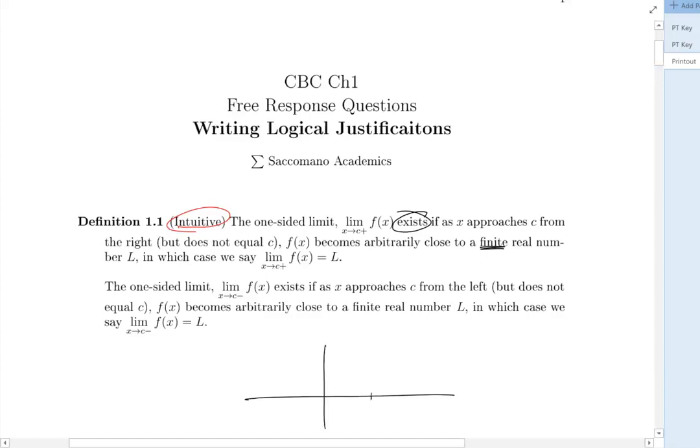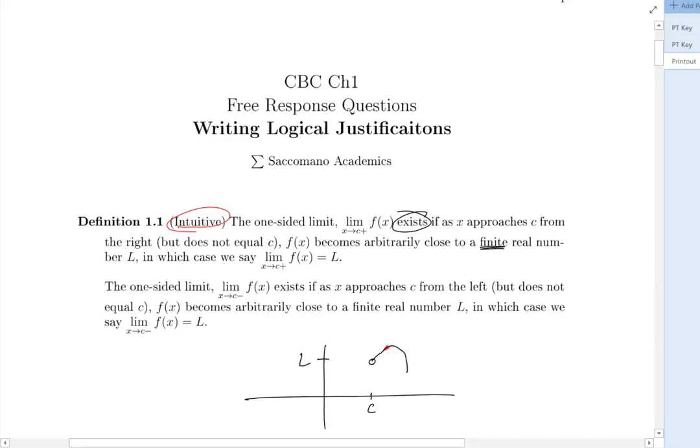So a little picture of this: here's c and here's L. And a function might look like this, like x goes to c from the right. So if you start from the right, what it means is the closer and closer x gets to c, the y value will get closer and closer to L, okay? And so basically what this word arbitrarily close means is, if I start to the right of c,